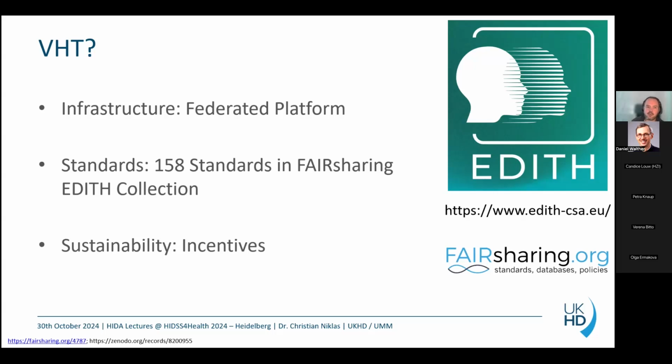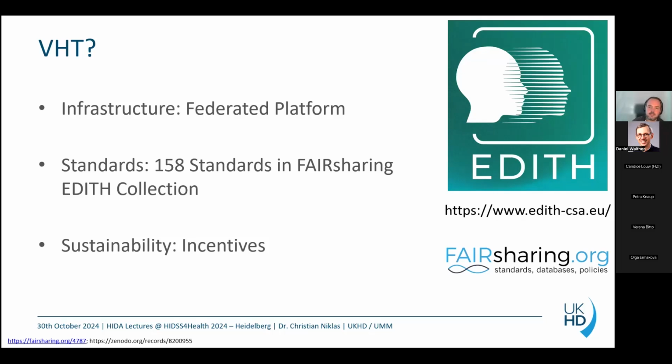They have proposed other standards, so it's in total 158 standards that could be used. And they've published that as an open collection on FAIR sharing. And they put forward a prototype. So this might be something that we all work towards, that we find more liberal platform ecosystems where researchers and data scientists can plug in and actually use the data under regulated access terms and conditions, and this is something that we have to look into.